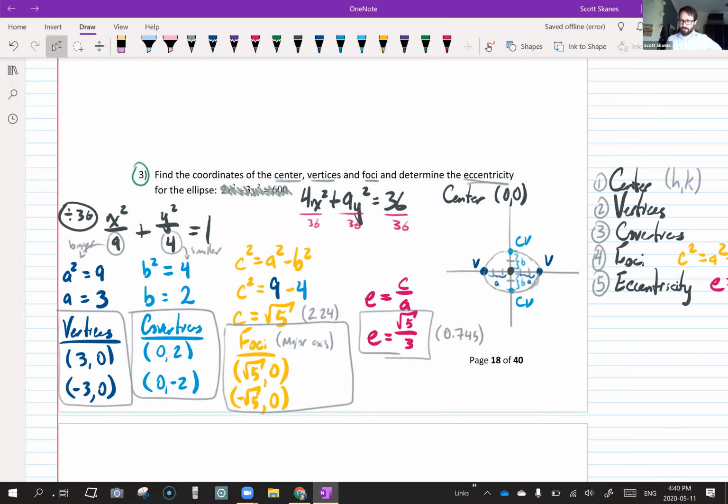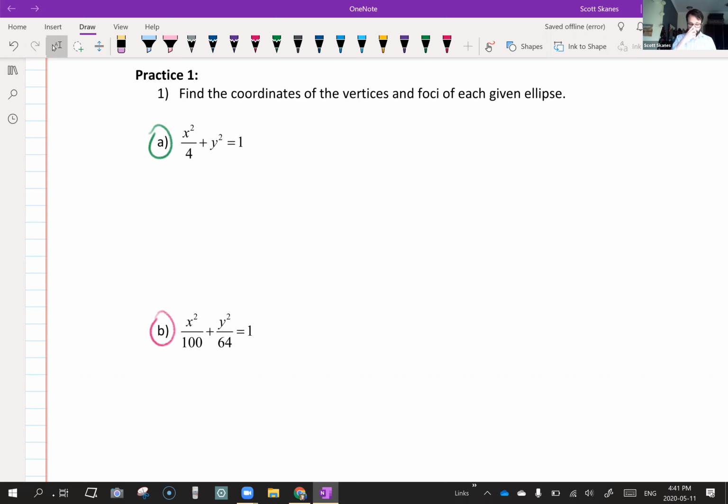Practice 1. Let's do this. Yeah, the smallest on bottom is B. So let me show you how I work through this. I'm going to go faster this time. Find the coordinates of the vertices. In other words, find the vertex and the co-vertex, the foci of each ellipse. And I'm also going to ask you to get E as well,